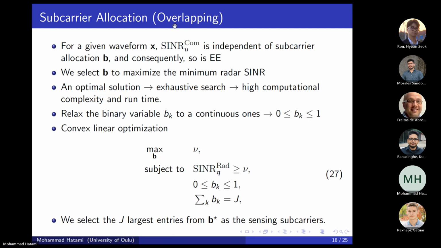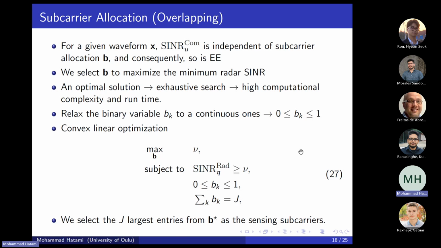In this overlapping scheme, we select the subcarrier allocation strategy to maximize the minimum radar SINR over all the targets. This problem is a mixed integer convex problem. Therefore, we can find an optimal solution by using exhaustive search, which has high computational complexity and running time. To deal with this, we relax the binary variable b_k to a continuous one, and therefore we can find a solution